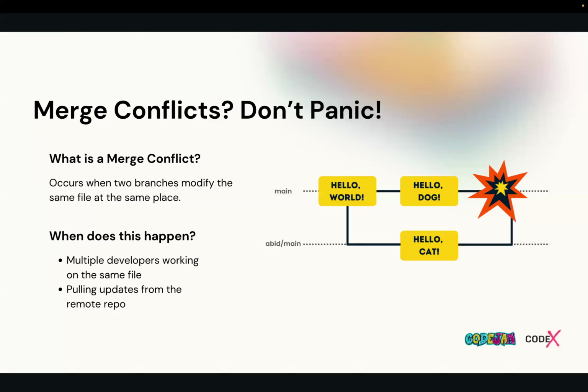Okay. Next we have merge conflicts. I think it's too early to discuss merge conflicts, but anyway, I will give you a brief intro. When you are collaborating with others, you have version controlling and Git and GitHub, right? So in that sense, you can smoothly work with others, but not that smooth.